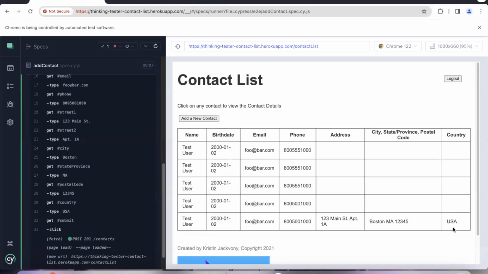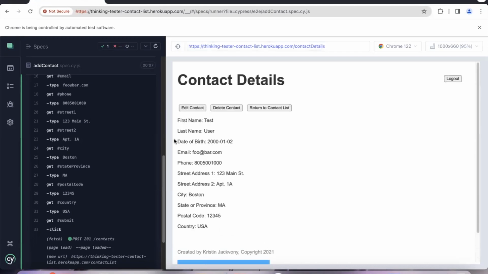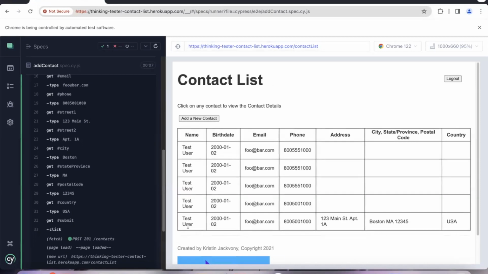So now we'll learn how to write some assertions. What do we want to assert on when we want to test that we've added a contact correctly? Well, we want to make sure that the contact is really there in the database. So what we're going to do is click on the contact we added, and then assert that all of the fields here on the contact details are present. The first thing we'll do is click on our test user to get to those contact details. So let's look at that